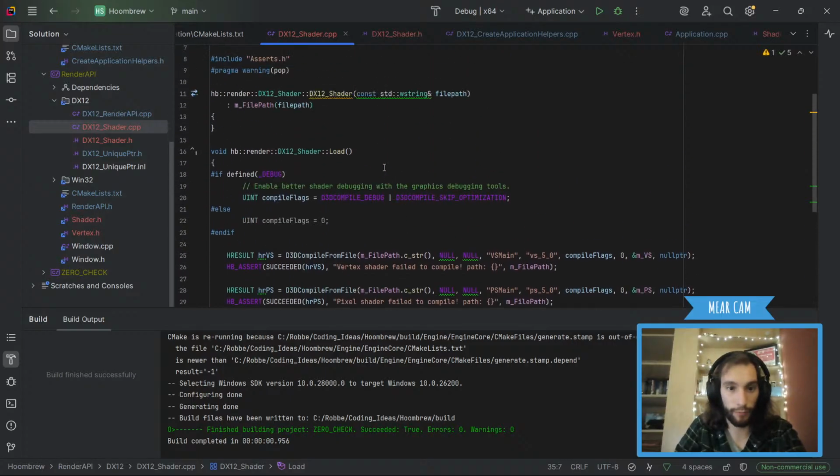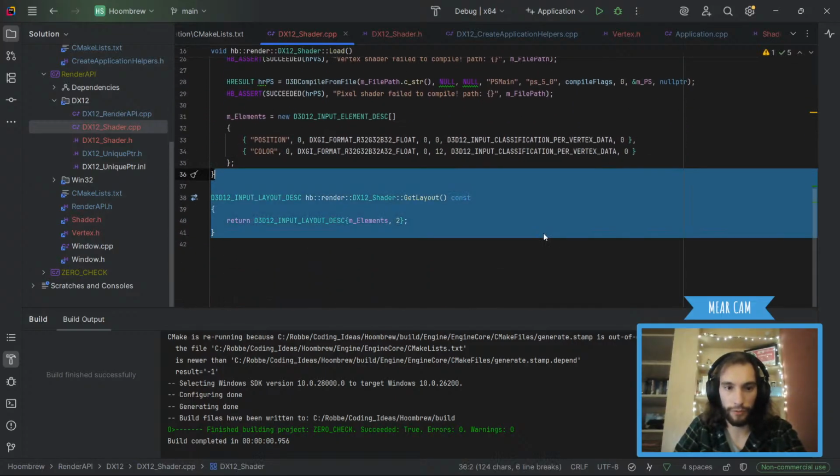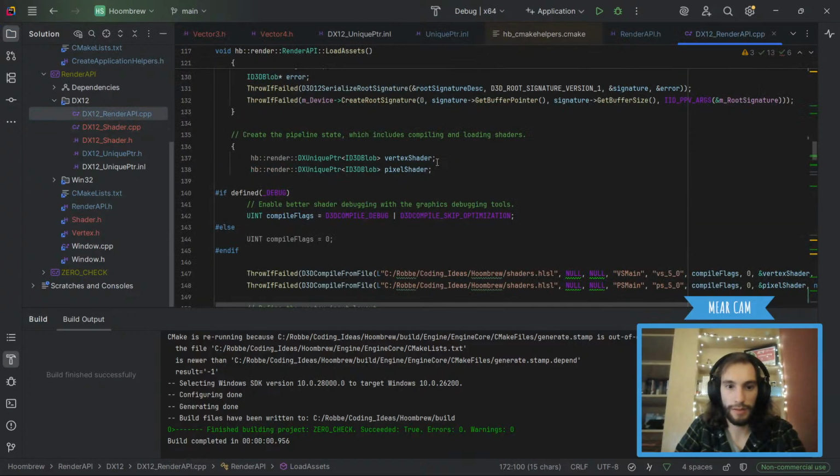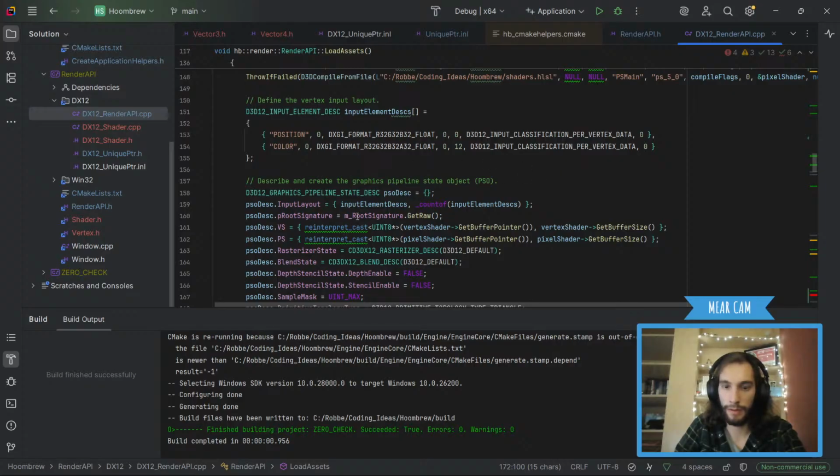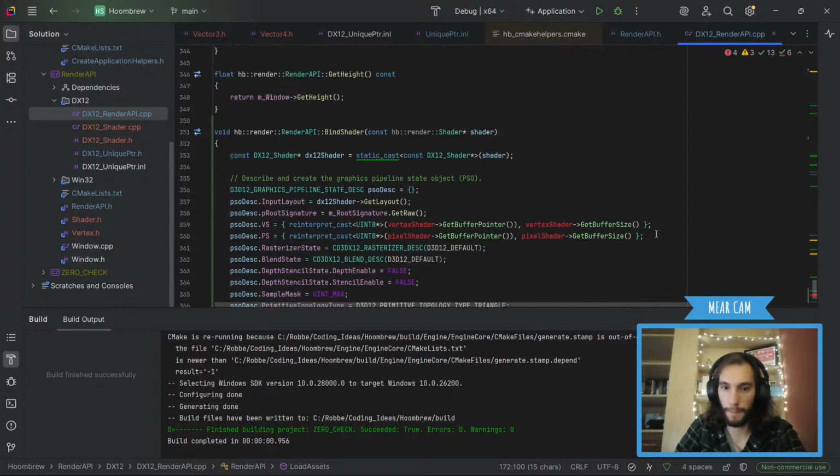Actually, we can see it very quickly, I think, because we do get layout, and then inside our render API, we do get layout here, right? At the bottom now. And then we just need to get our shader bytecodes.